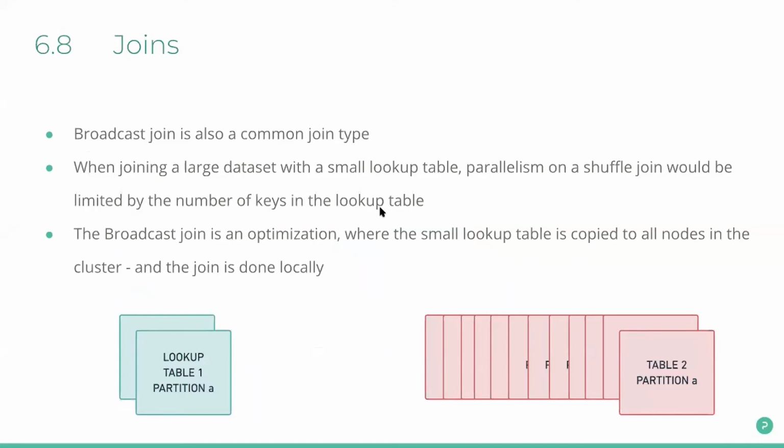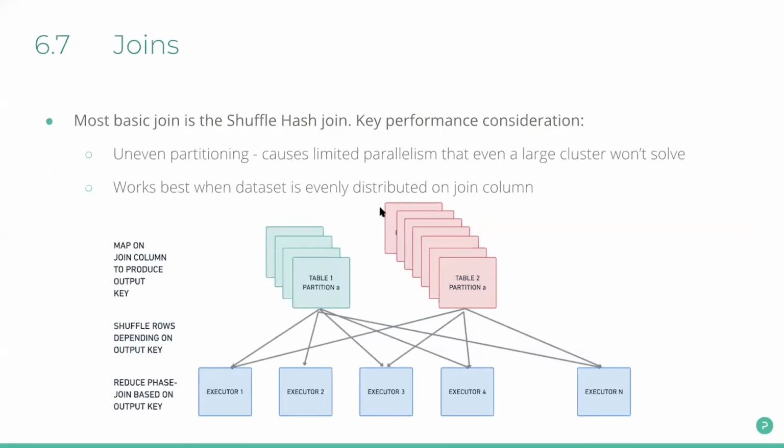Yeah, 91 is India, for example, stuff like that. So that's going to be fairly small. It's going to be like 200, 300 rows. So when you're working with this kind of join, what Spark will do is take that small data and copy it to all the different nodes in the cluster, and everything will join locally on that node. So this is a lot faster than if it was to use the ShuffleHashJoin, for example,